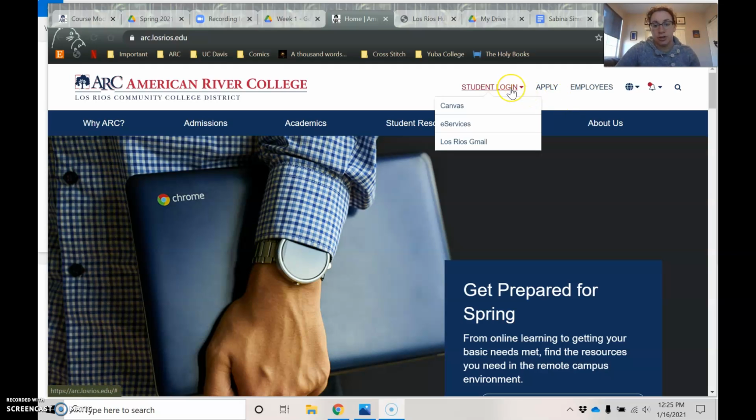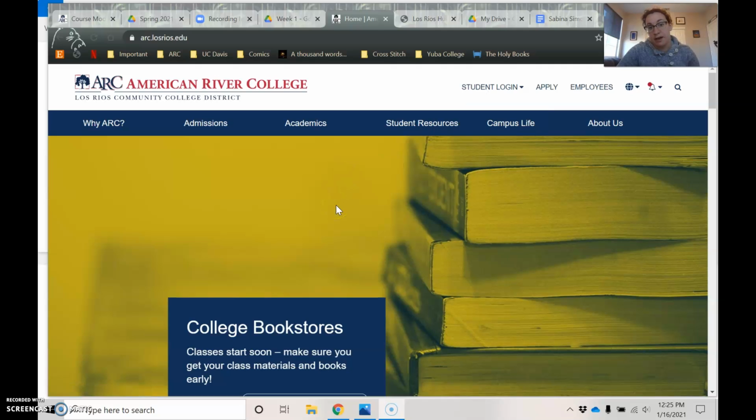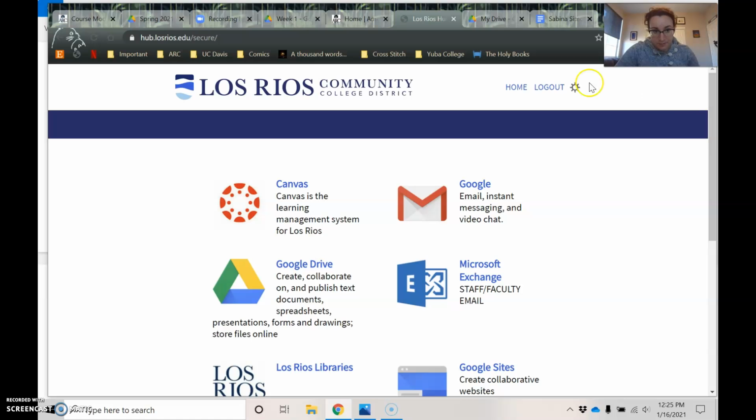So what you would do is you're going to go to Student Login. We're at arc.losrios.edu, okay? And you're going to click on your Los Rios Gmail. Now, if you have another Gmail account that you'd like to use, you can use that one as well. That's fine. What it'll do is it's going to ask you to log in with your password, and then it